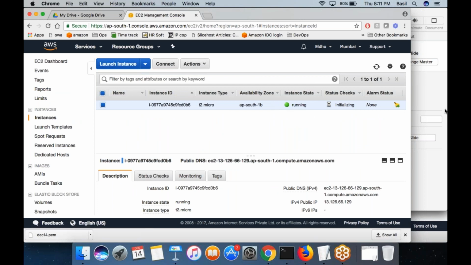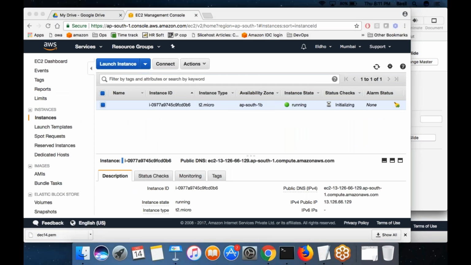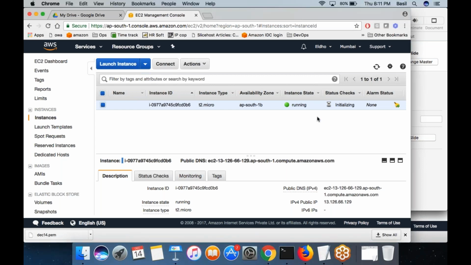So if you are using Windows, I told you what are the steps in your laptop if you are running Windows operating system. We discussed yesterday what are the steps you need to follow in order to log into the remote Linux machine. This is the Linux machine that you have created. So you need to use PuTTY, right? PuTTY is what you need to use in order to log into the remote machine.